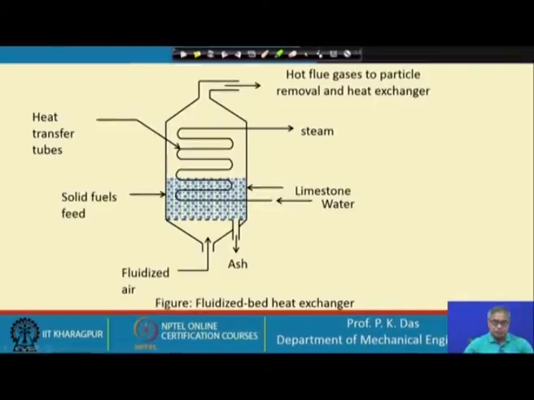So, it is an indirect transfer type of device, and at the top again hot air is going. So, it can give some more heat for the production of steam. So, this is one example, a very typical kind of heat exchanger, though they are not many in number. These kind of heat exchangers are not many in number, but they are very important for energy conversion, recovery of waste heat, and burning of low calorific value fuel, environmental protection, etc.